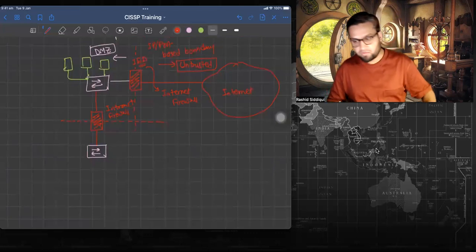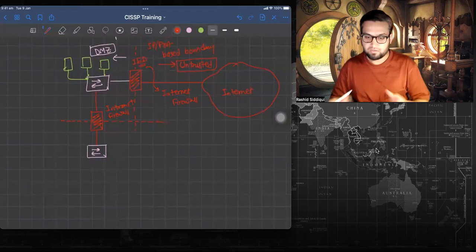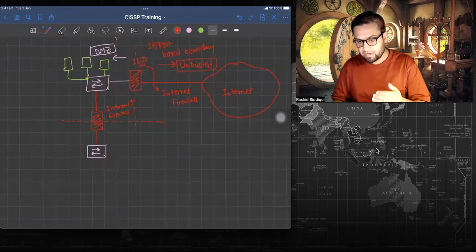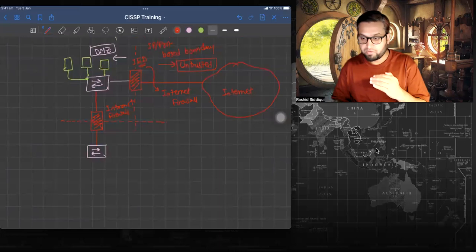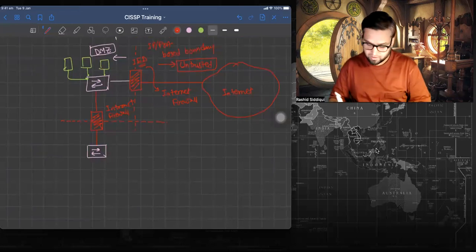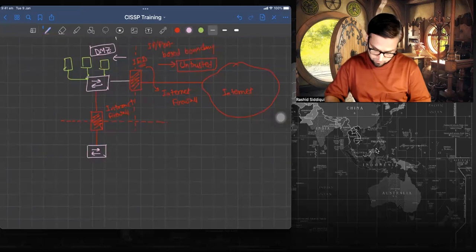So internet firewall is actually creating two different network zones. One is DMZ and one is untrusted internet. Whereas intranet is also giving rise to two different logical segments with a boundary. Excuse me for my wrong sentence. One is DMZ and one is intranet. I will call this whole thing as